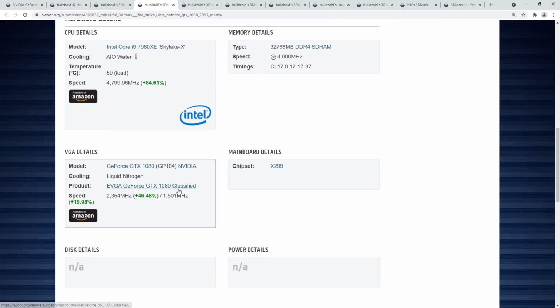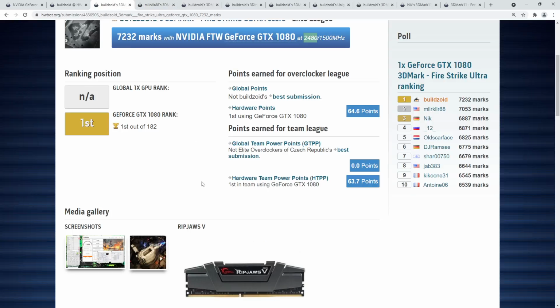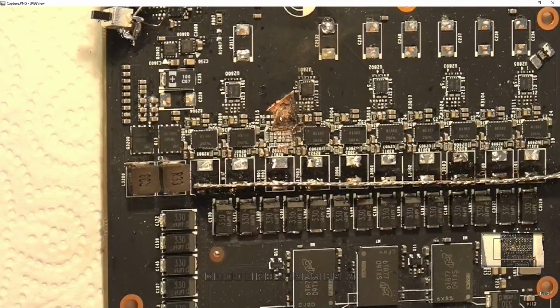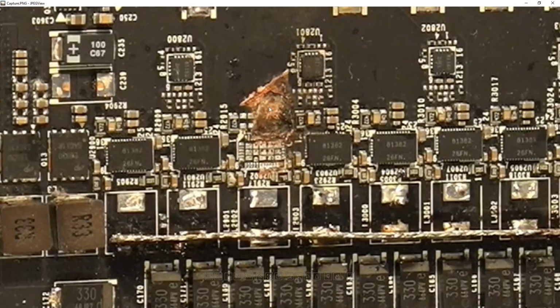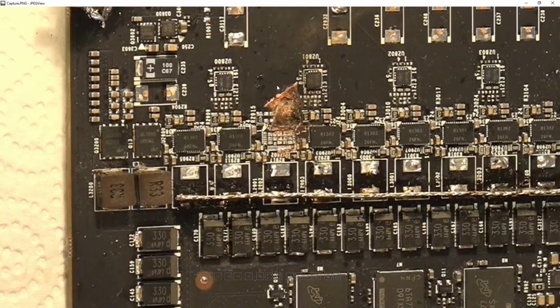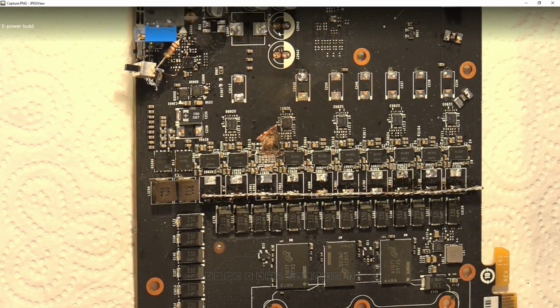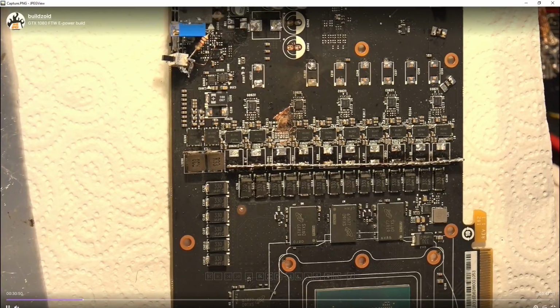This is a GTX 1080 Classified, and my card is a 1080 FTW with a literal crater in the PCB. This is still there, and there's not really much you can do about this. It's isolated because I removed all the power. You can see that it's isolated because that inductor over there isn't connecting this hole to 12 volts anymore, but yeah, so my card is obviously not doing that great